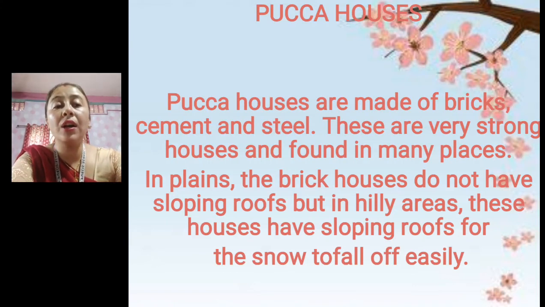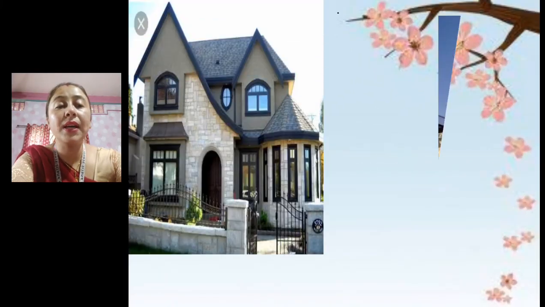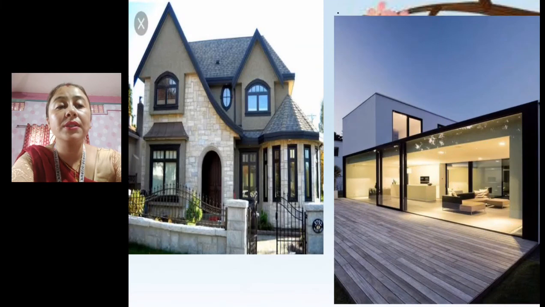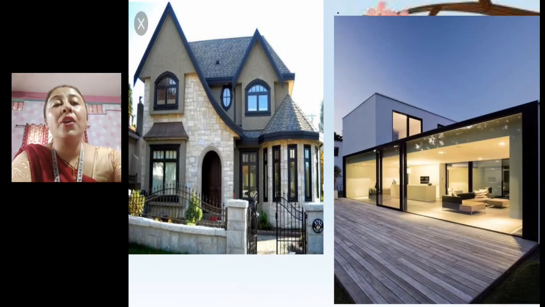So strong house images, let us see. See, these are the images of strong houses. Yes, you can see, strong houses are usually made up of concrete, brick, cement, rods, etc. They are very strong, and you can see both the sloping roof and the flat roof of the houses.